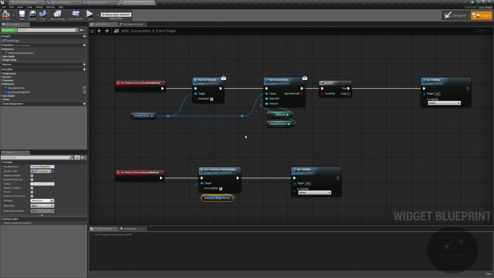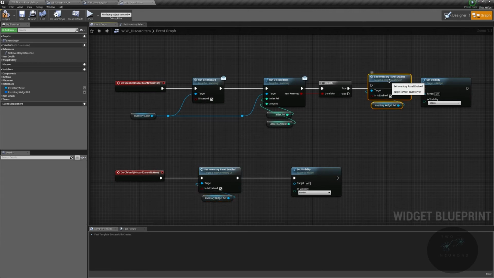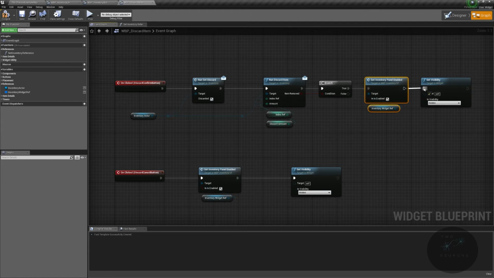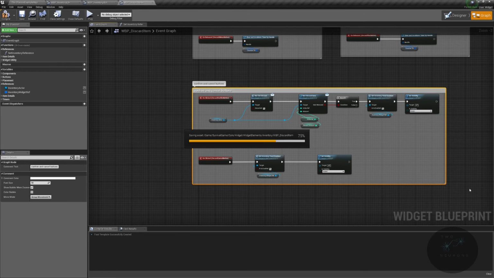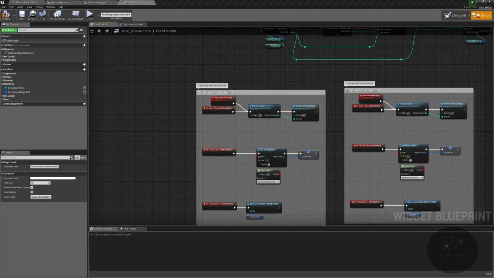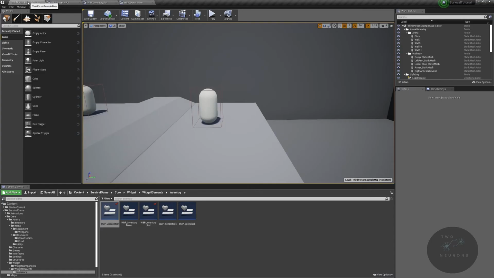For our confirm, we are going to do the same thing up here after we've done the discard event, though. And that takes care of our confirm and cancel buttons. All right, go ahead and save that out. We're done with this. We're going to repeat everything we literally just did inside of our split